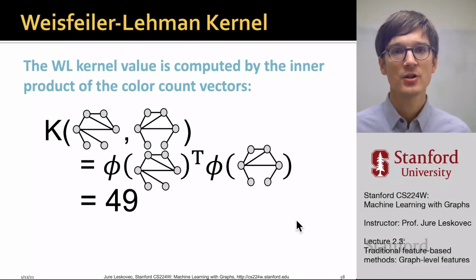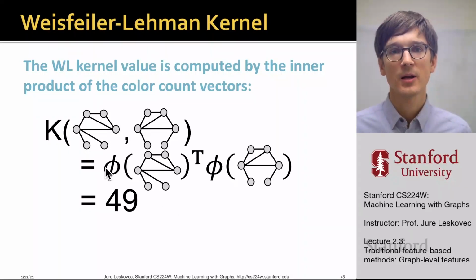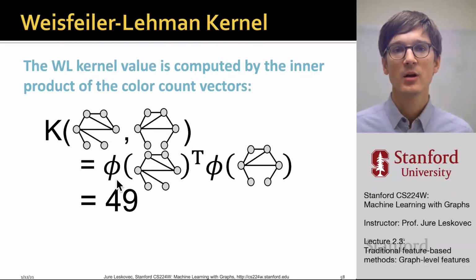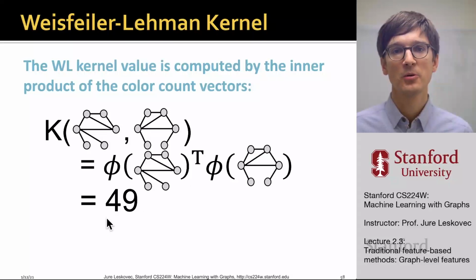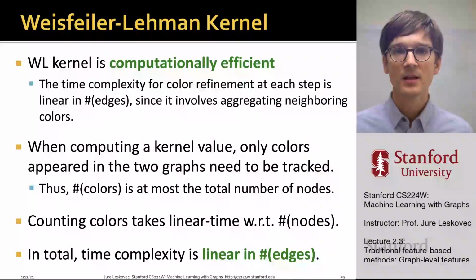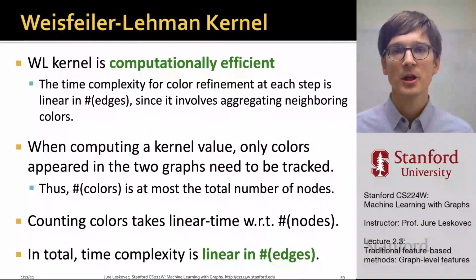So now that we have the feature descriptions, the Weisfeiler-Lehman graph kernel would simply take the dot product between these 2 feature descriptors and return a value. So for example, in our case, the Weisfeiler-Lehman kernel similarity between the 2 graphs is the dot product between their feature descriptors. These are the 2 feature descriptors, and we compute the dot product, we would get a value of 49. So the WL kernel is very popular and very strong, gives strong performance, and it is also computationally efficient